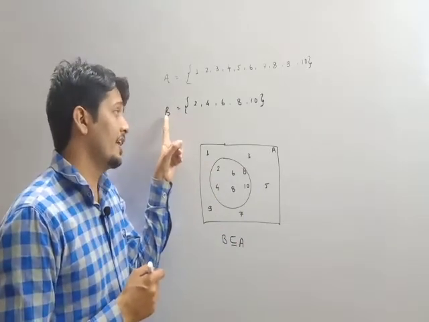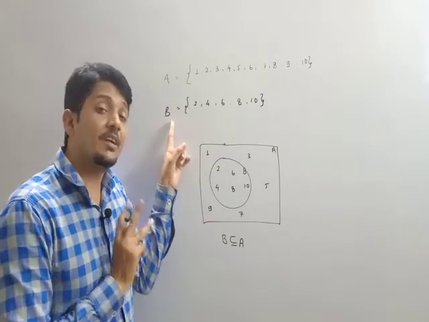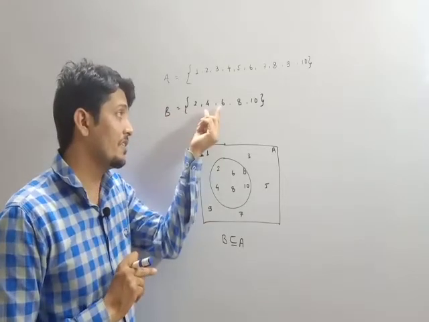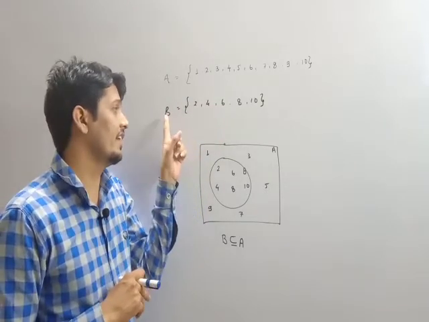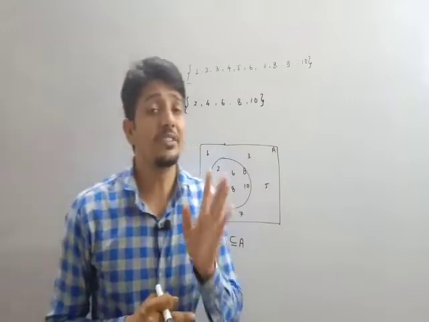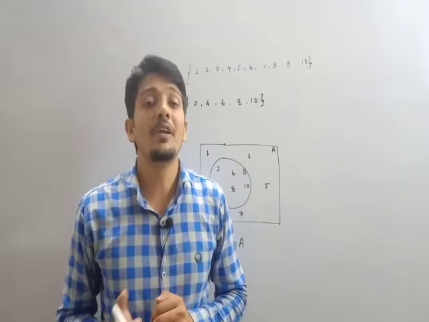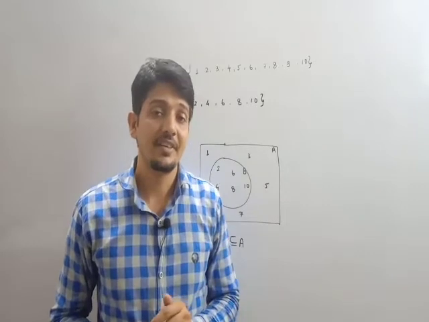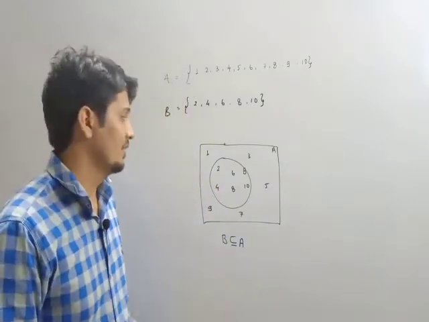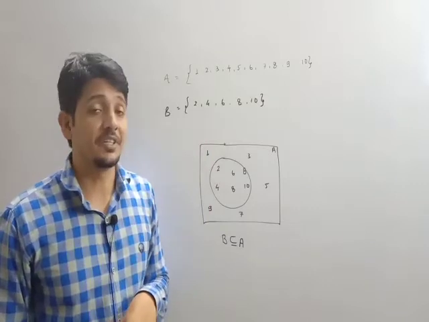If we say here, we can say set B is a subset of itself. That means whatever members are here, they are its own. That means we can say that all sets are subsets of themselves only. The empty set is a subset of the empty set, likewise. Okay, so this is all about subsets.